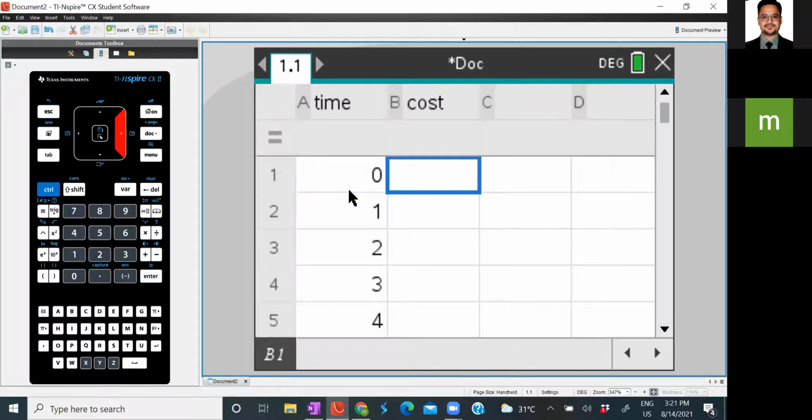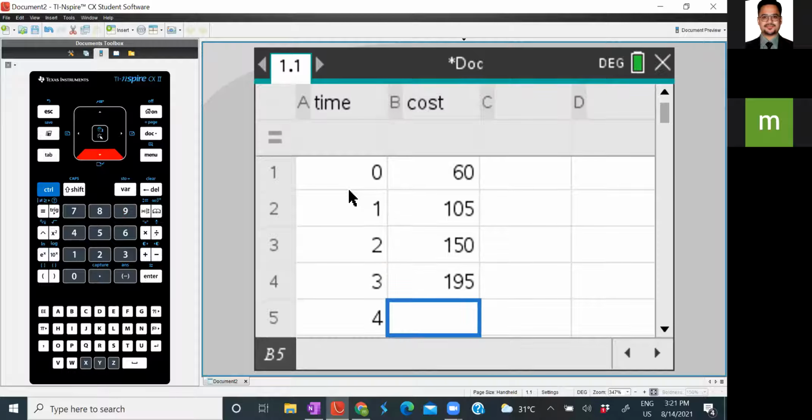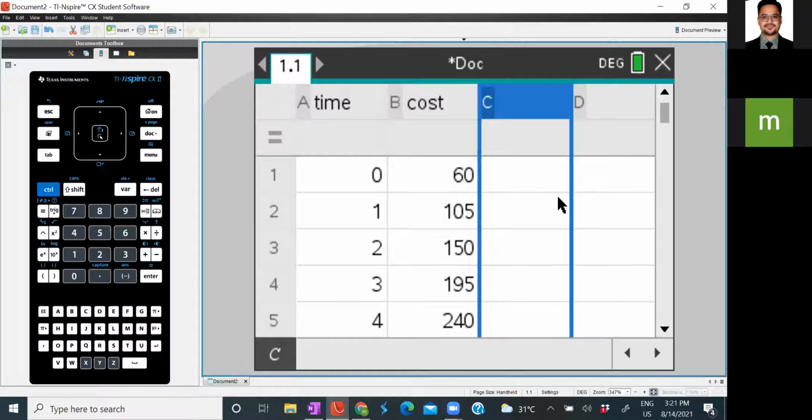The corresponding value for 0 was $60, and the next values were $105, $150, $195, $240, and $285, right? So this is your information.